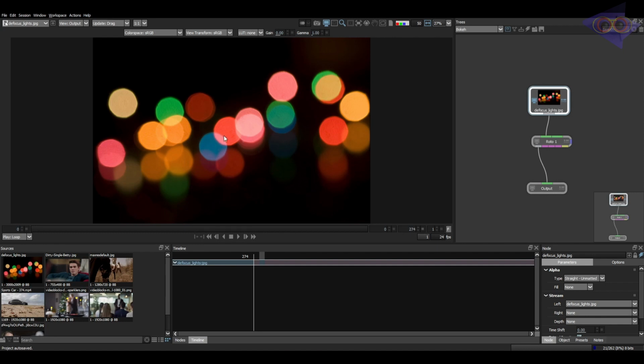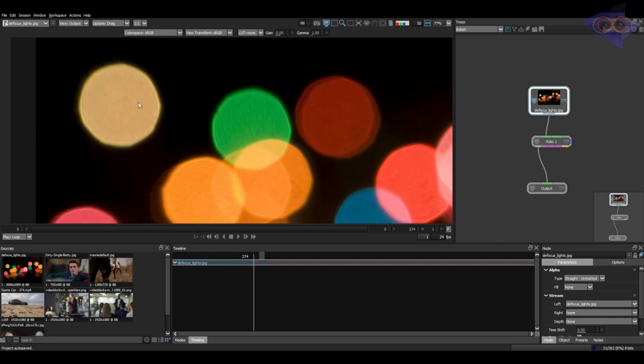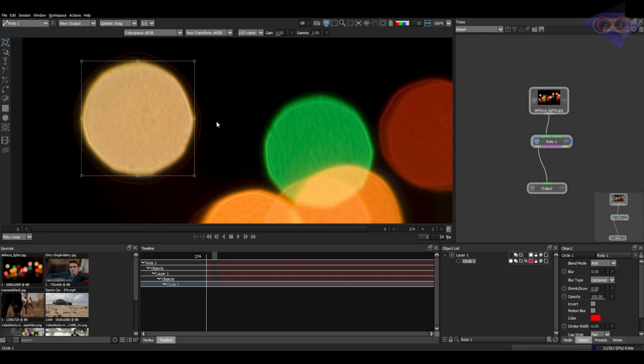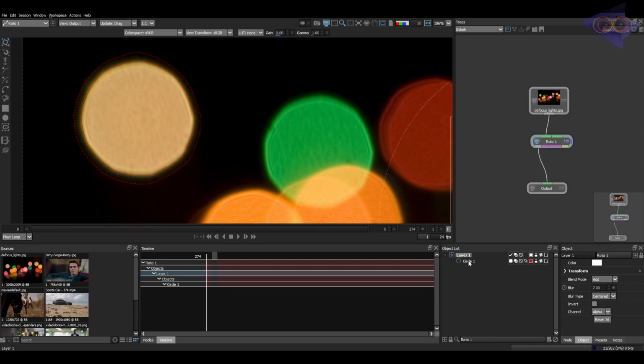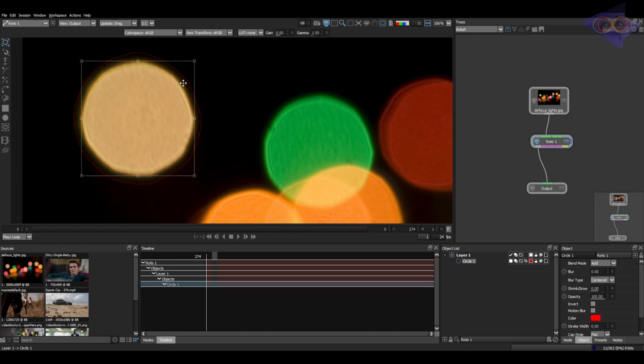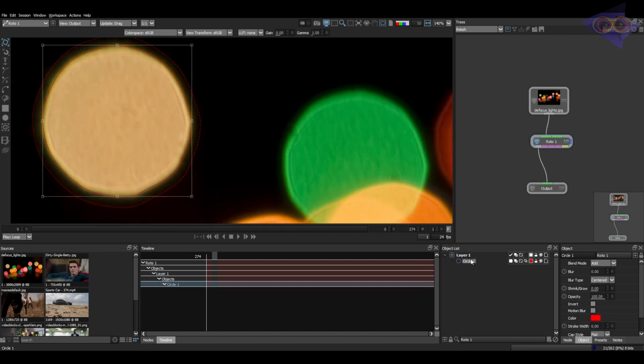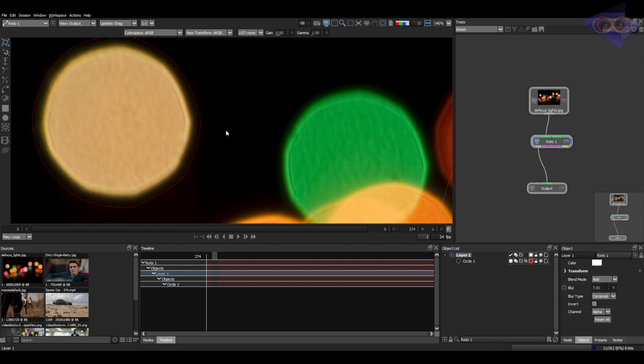In this shot you can see there are a lot of circle kind of shapes which are known as bokeh, and these shapes are completely dependent upon the shape of the lens used for filming. This can vary from shot to shot or movie to movie on the basis of the lens. In this shot I have already drawn a shape here. How I match this shape with this roto is I have created a layer for this shape, added some feather for the soft edge, and also added a blur of 7 for the layer.